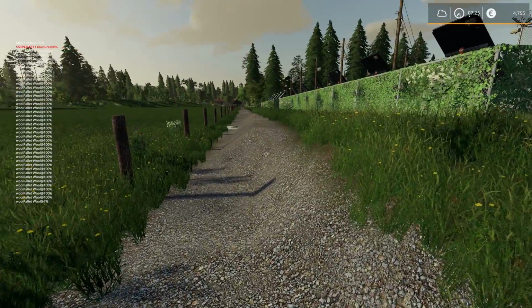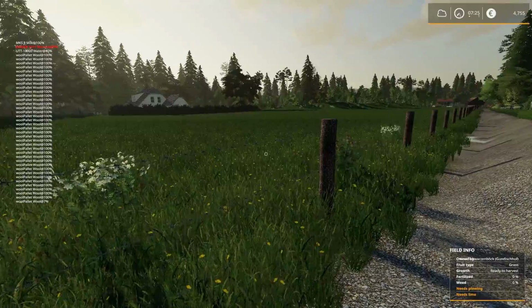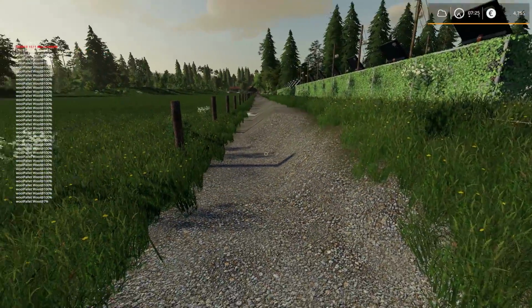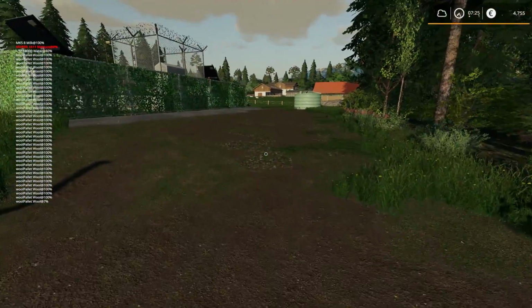And I'll fix this. Now, I can't smooth this. I can't level it because I don't own this field. I only own this field. So if I try to smooth this, it says you do not own this land. Once we buy this field, I will be able to get this all put right. But for now,